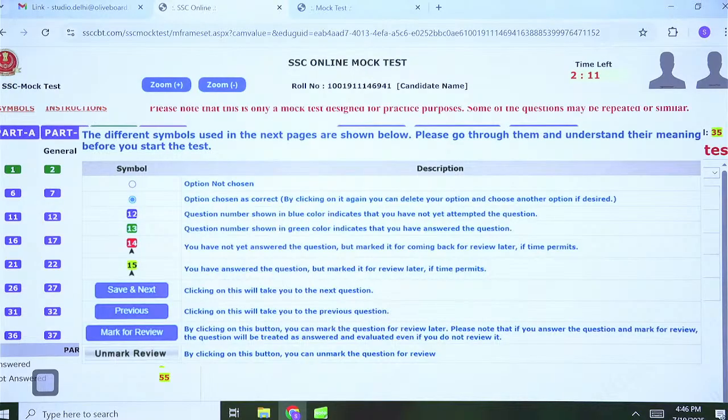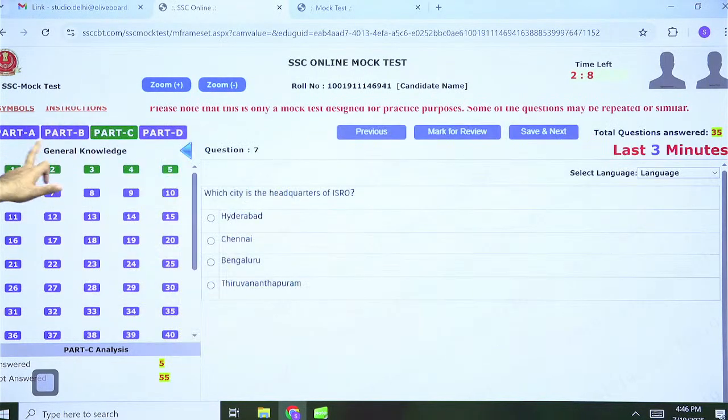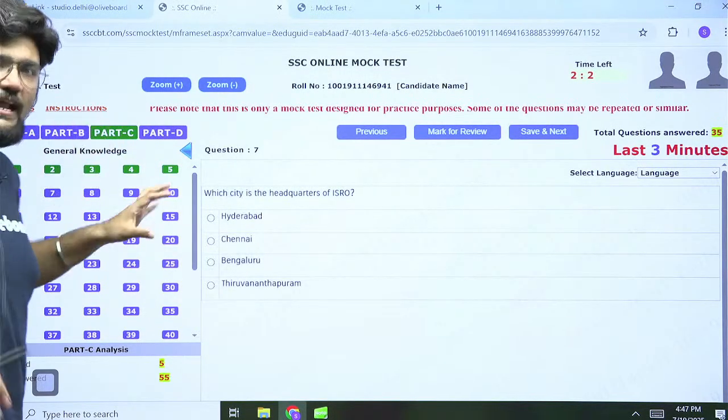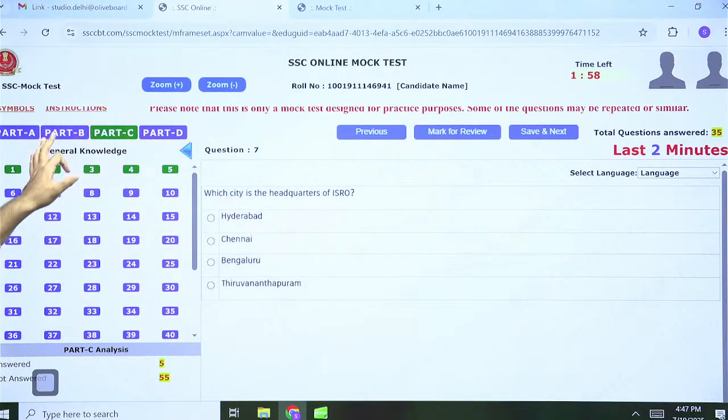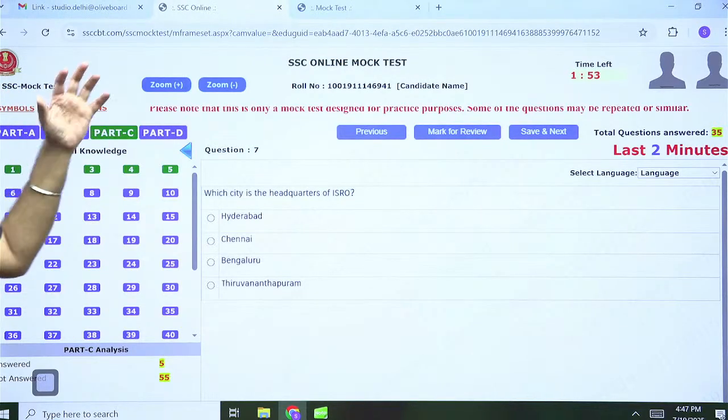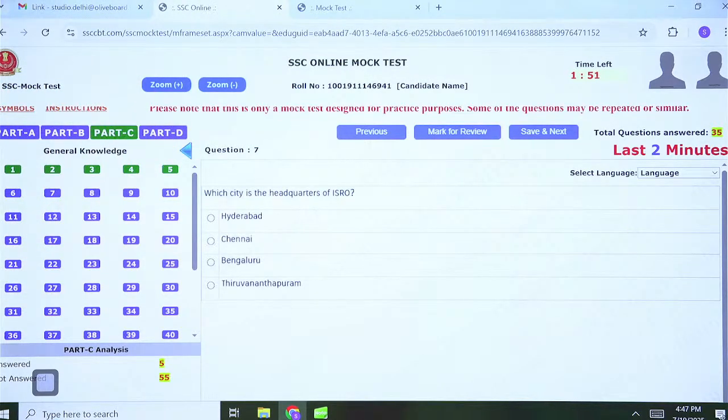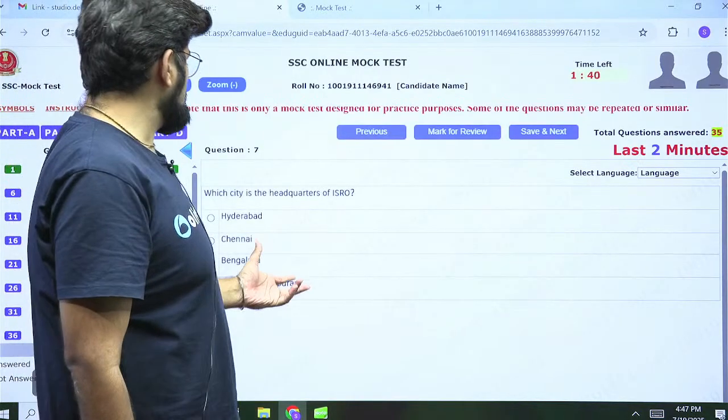Yeah, you can still switch sections from here. From here, you can click on the sections, part A, part B, part C, part D. So these are the 4 sections. The section names here are different, don't go with this, but you can actually change the sections from here. Your GK and the order also might change. So GK, English, reasoning and mathematics. Vaibhav, your doubt has been clarified. You can change the language during the examination as well. I think that pretty much answers the question.